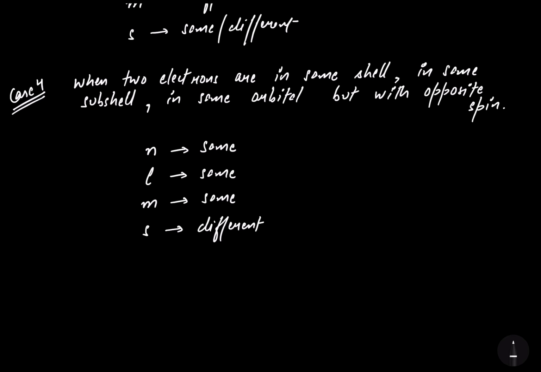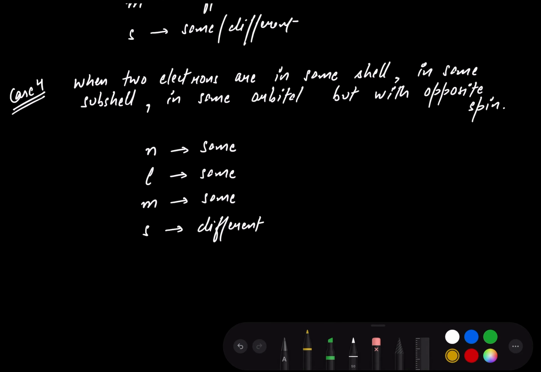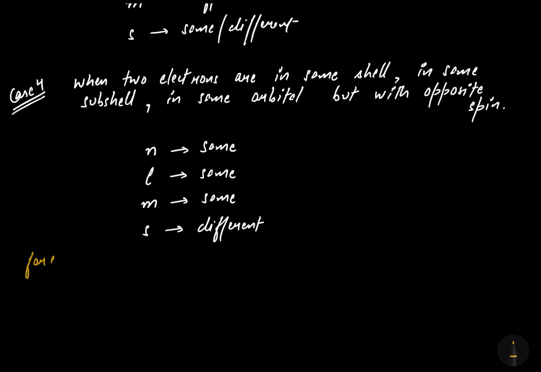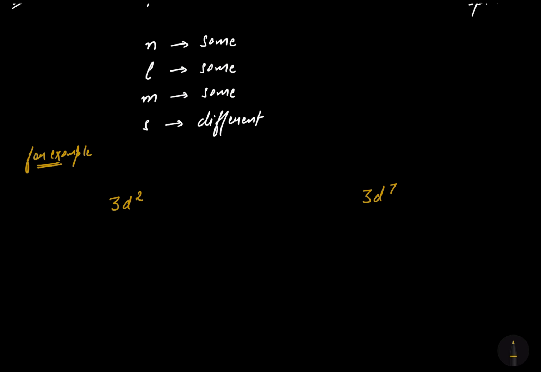Let's take an example of case number 4. As this one is important, it will give you clarity. So I am taking example of case number 4. For example, I am taking 2 electrons, 3d2 and 3d7. Firstly, we know that we are talking here about the d subshell, and we know that